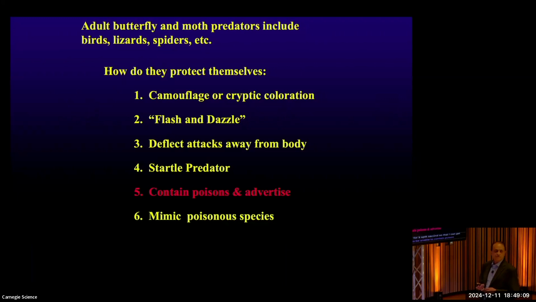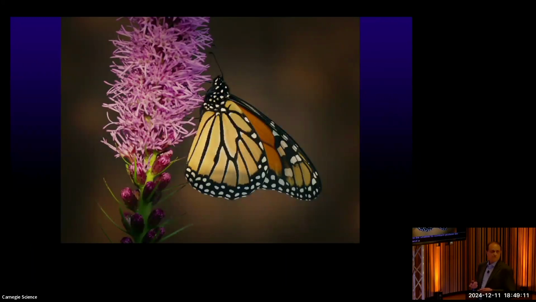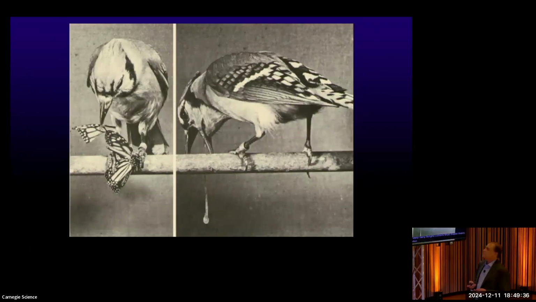So usually the way this works, and a good example, of course, are monarch butterflies. As caterpillars, they're eating milkweed, and milkweed contains a toxin that the plant uses to avoid being eaten by most insects. But the monarch butterflies are perfectly capable of eating milkweed, but they sequester the toxin in their body. So as adults, they're still toxic to birds. And so what happens is they have these very, very bright colors that make them really obvious to their predator. So birds learn not to eat them.